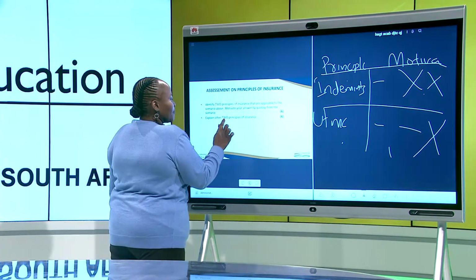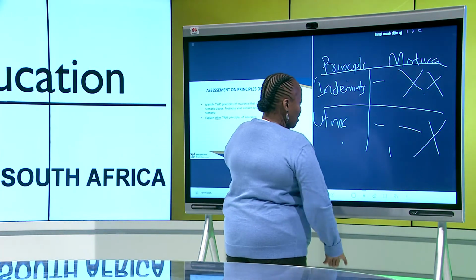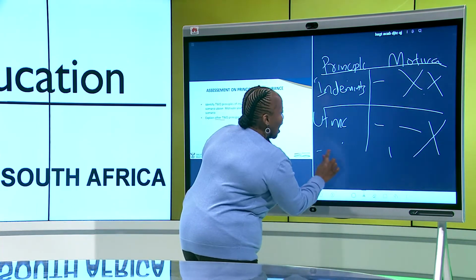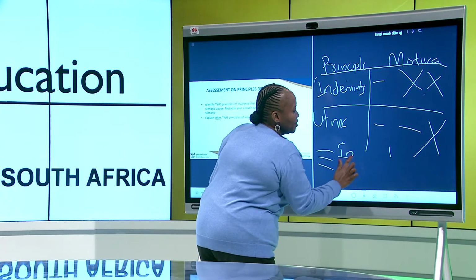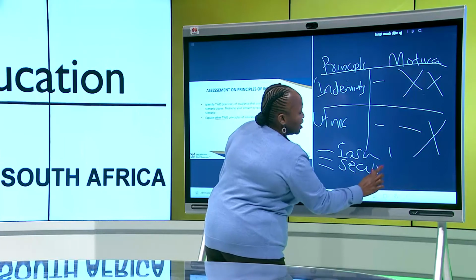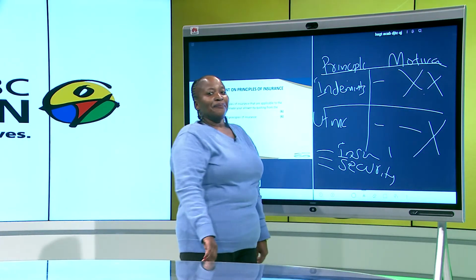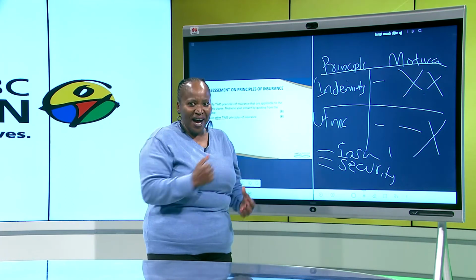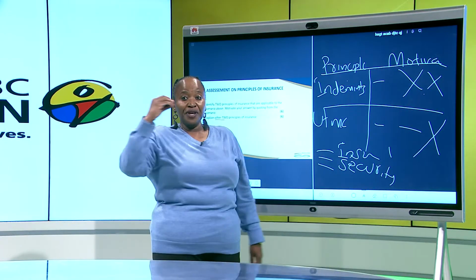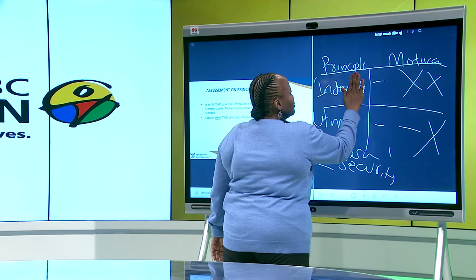Explain other two principles of insurance. Here you are, you've explained the two. Now, what are others? Others will be insurable interest, the one that we've mentioned. Others will be principle of security. These are other two. Right, you'll get a mark. But many candidates are losing marks because in business studies, negative marking is not applied. What do we mean by negative marking? Say, for an example, with this one,